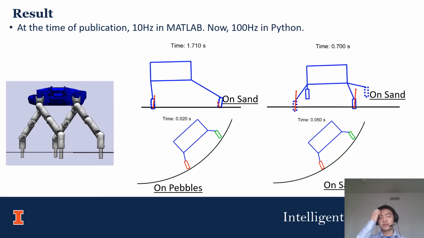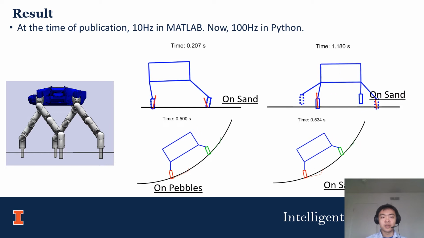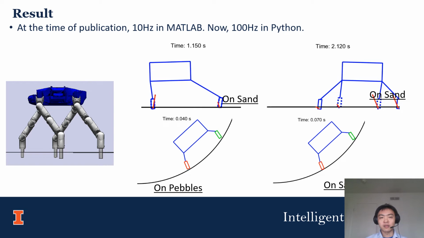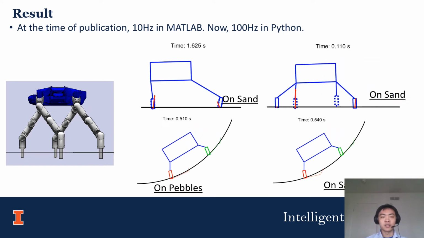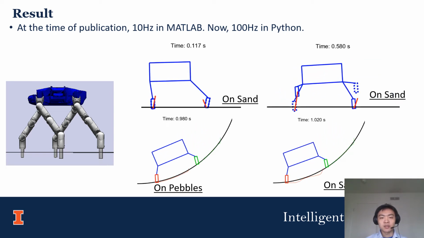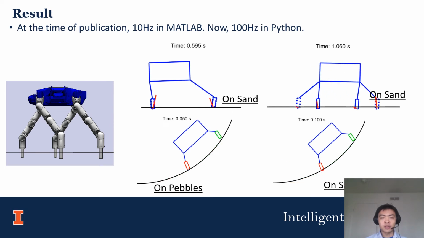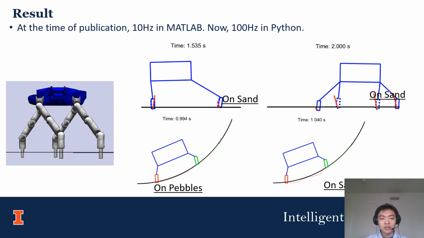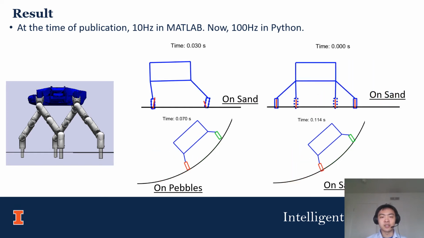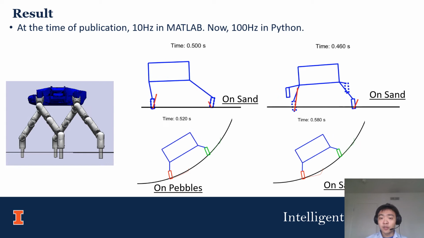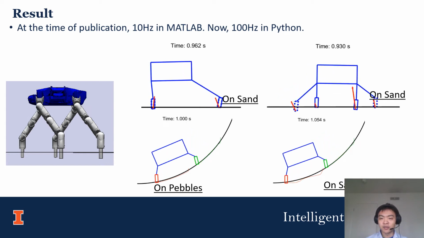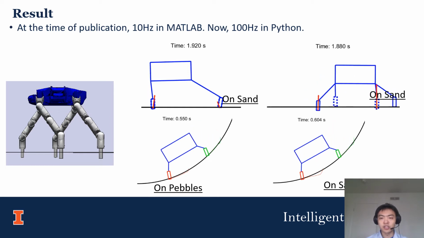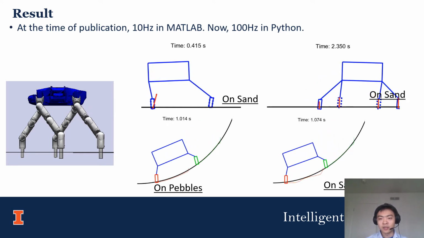So on the top left, we have a robot pushing its ankle forward. Note that the ankle on the left is submerged into sand more deeply. That's why when you push the front leg forward, the leg behind stays in place while the other slips. The video on the top right is basically a video of the robot trotting on the sand. Note how the ground reaction forces change when this happens.